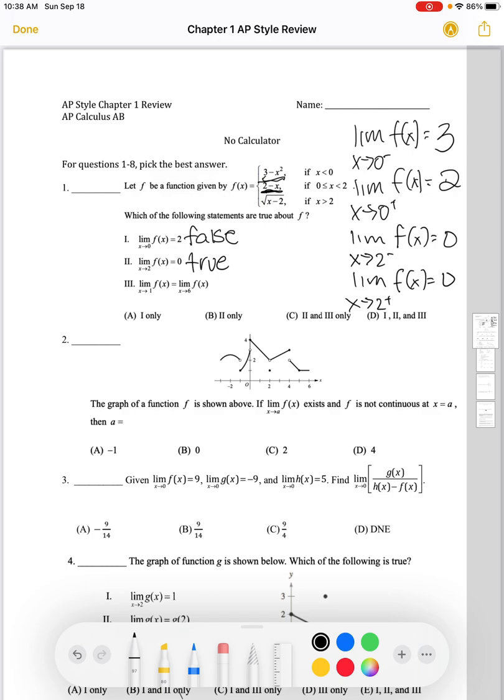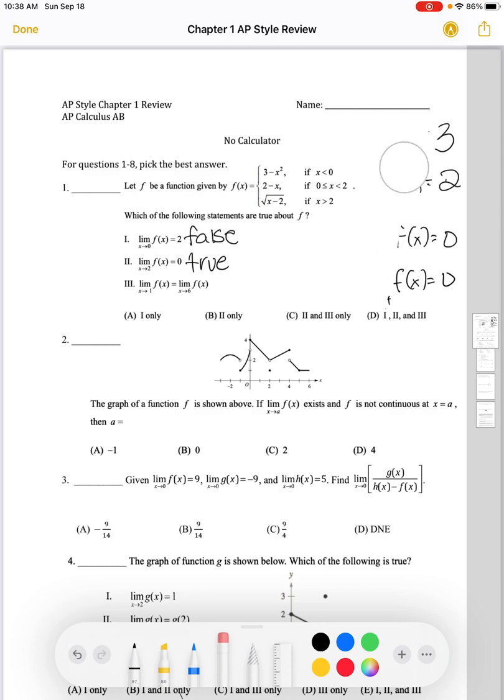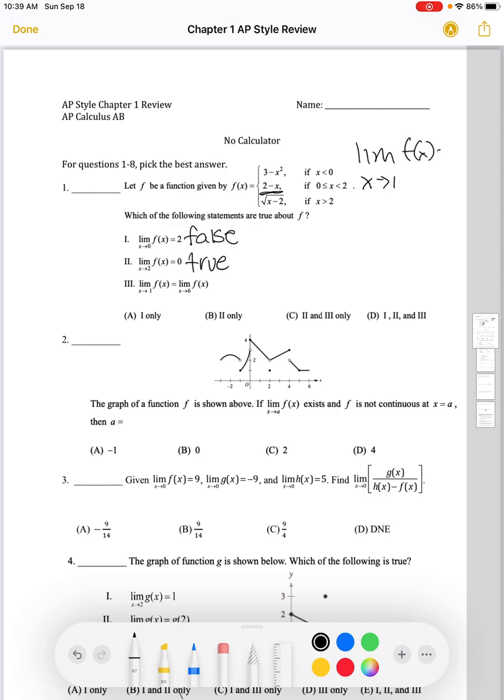Then we're looking at the last one here, saying we want the limit as x approaches 1 equal to the limit as x approaches 6. Well, both 1 and 6 are not part of the breaking points of that piecewise function, so we can just use direct substitution, making sure that we plug it into the correct piece. 1 is in between 0 and 2, so I'm going to plug it into this middle one. So the limit as x approaches 1 of f of x would end up being 2 minus 1,